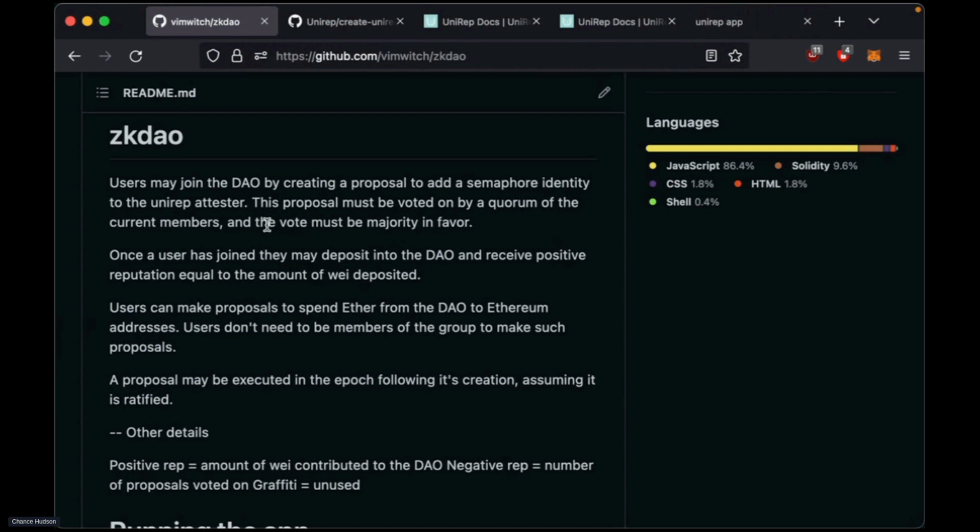This is just spending ether that is controlled by the DAO. Yeah, and so users that are members of the DAO are able to deposit funds into the DAO, and then they receive positive reputation equal to the amount of funds that they deposited. So users can effectively prove how much money they've put into the DAO. Yeah, that's pretty much it.